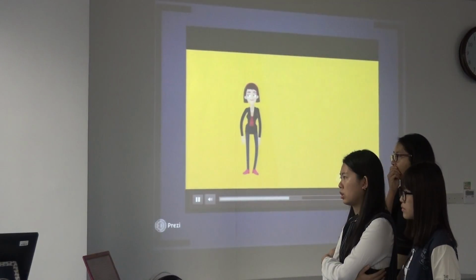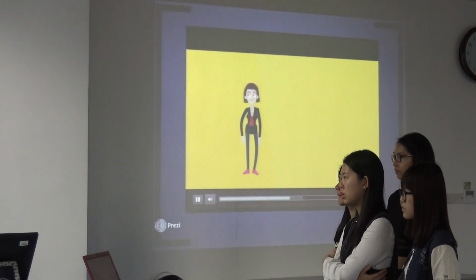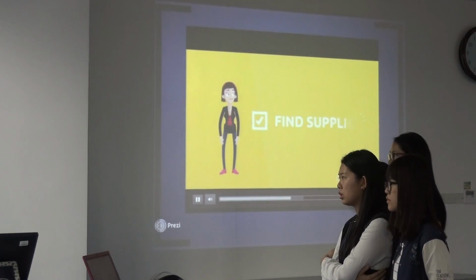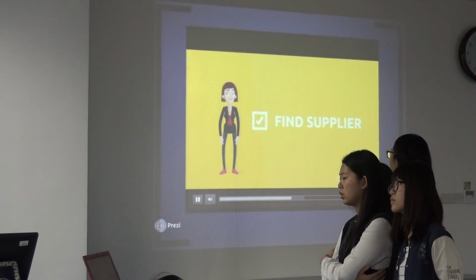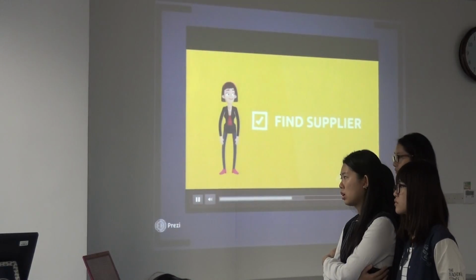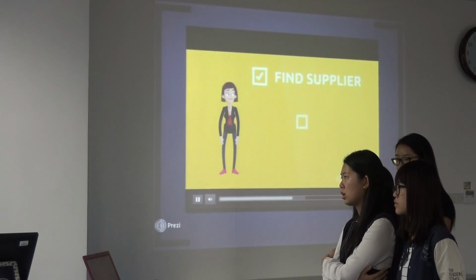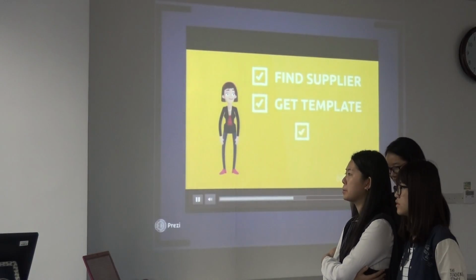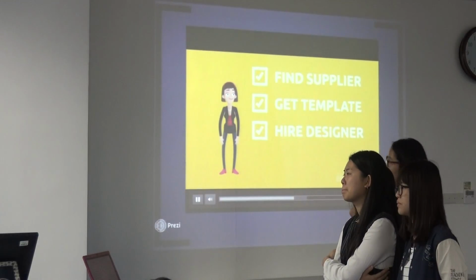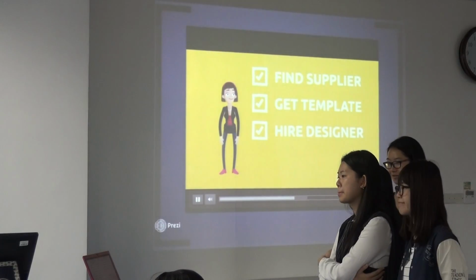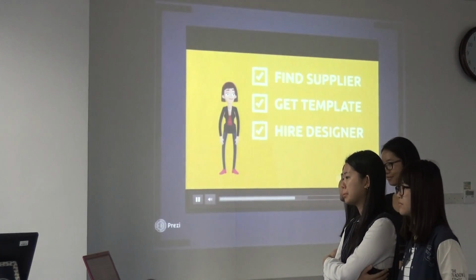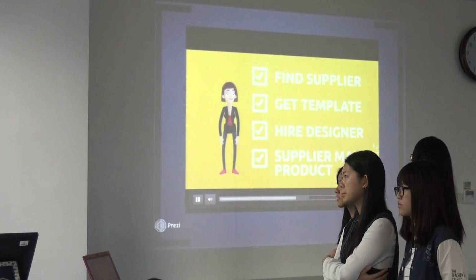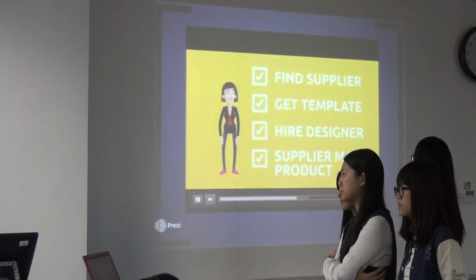It might sound difficult to get started with your own brand, but it really is as simple as the following 4 steps. Find a high-quality, low-cost private label supplier, whether that's in this country or in a low-cost country such as China. Ask the supplier for the packaging or label template file. Go over to a freelancer site like odesk.com or 99designs.com, hire a designer, and give them the template with some guidance on what you're looking for. Send the completed design back to the supplier for him to make the product.